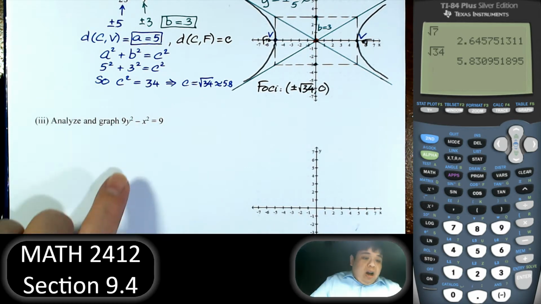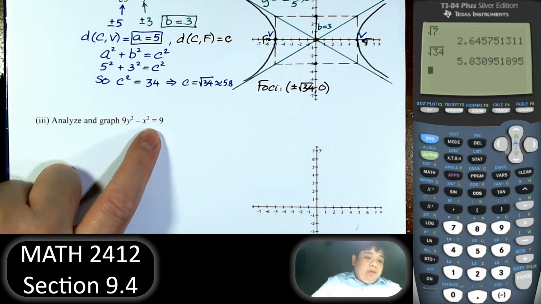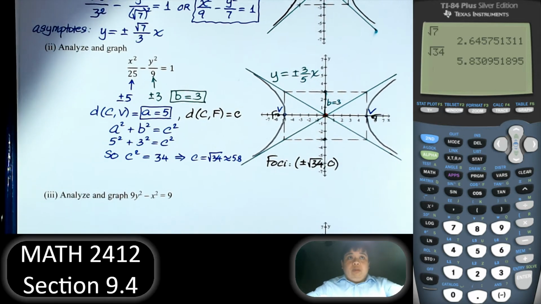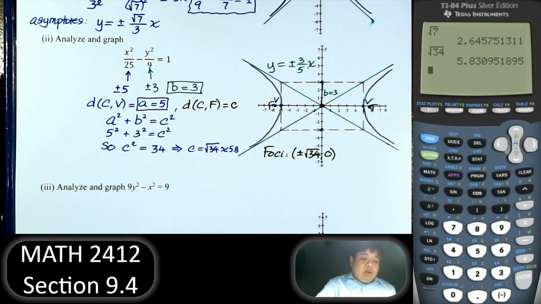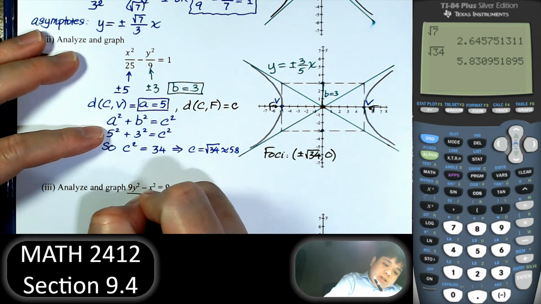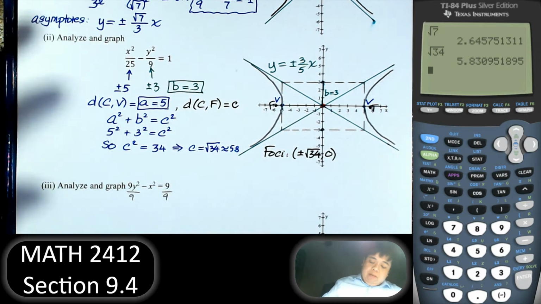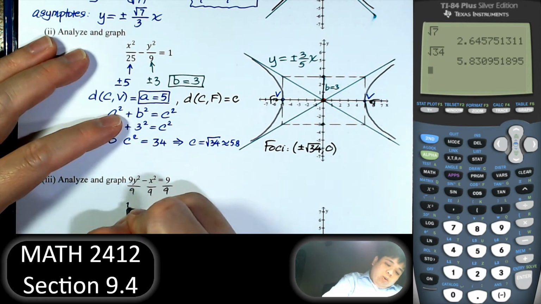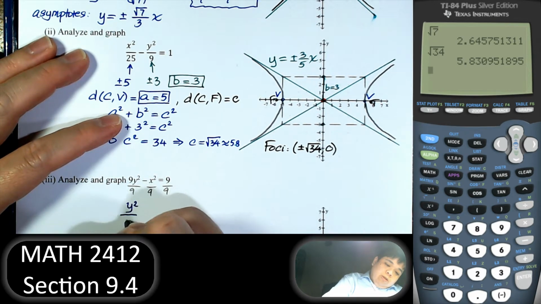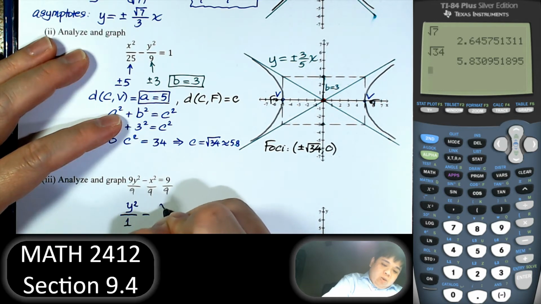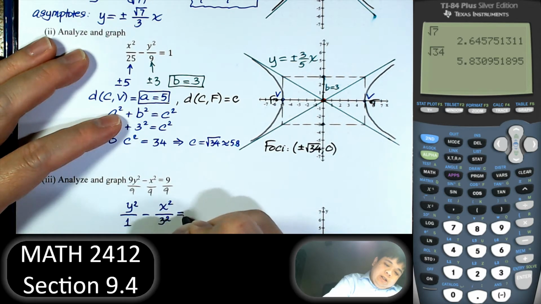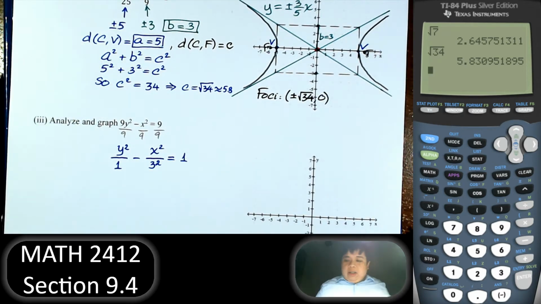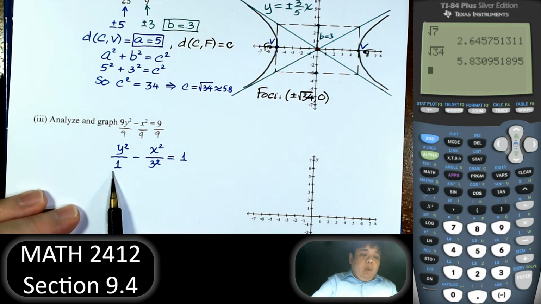Next, analyze and graph this equation. So first, for the equation of the hyperbola, we need 1 on the right side, so we'll divide by 9 on both sides. Right. So we have y squared over 1 minus x squared over 3 squared equal to 1. Right. Now if we draw the box,